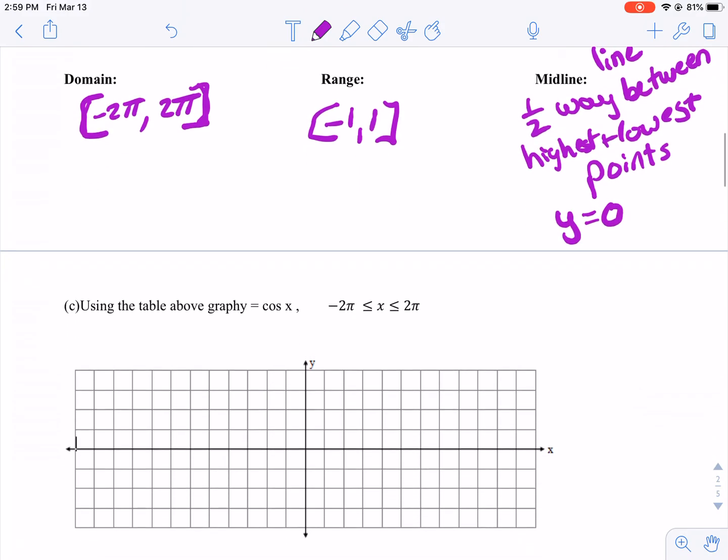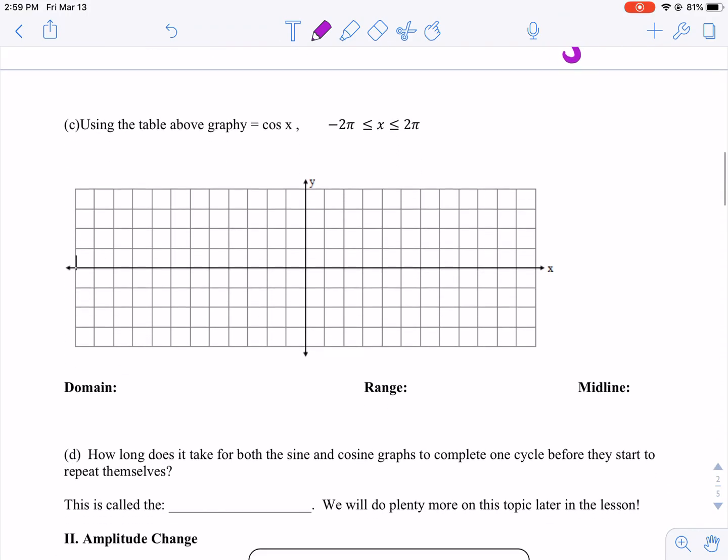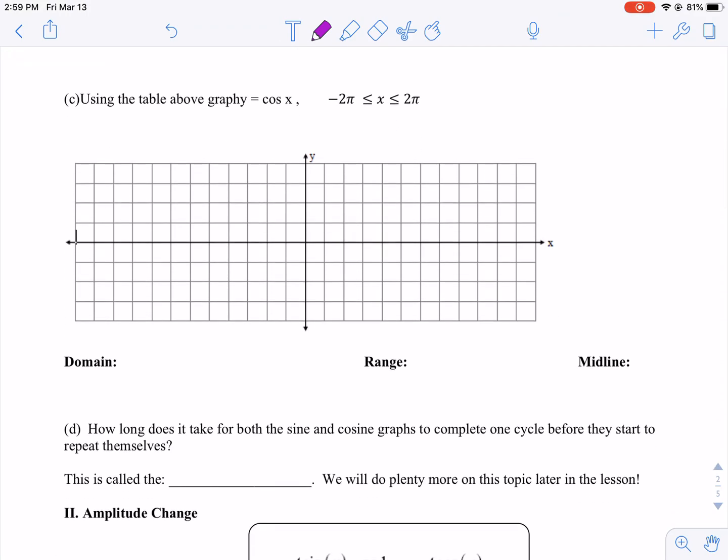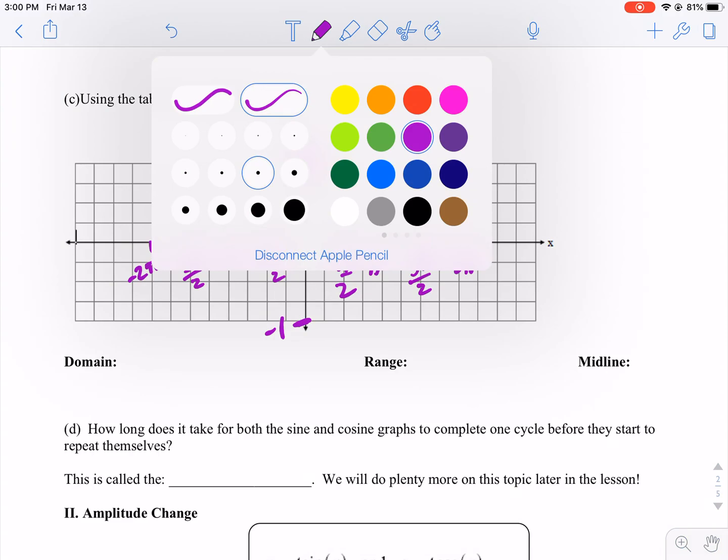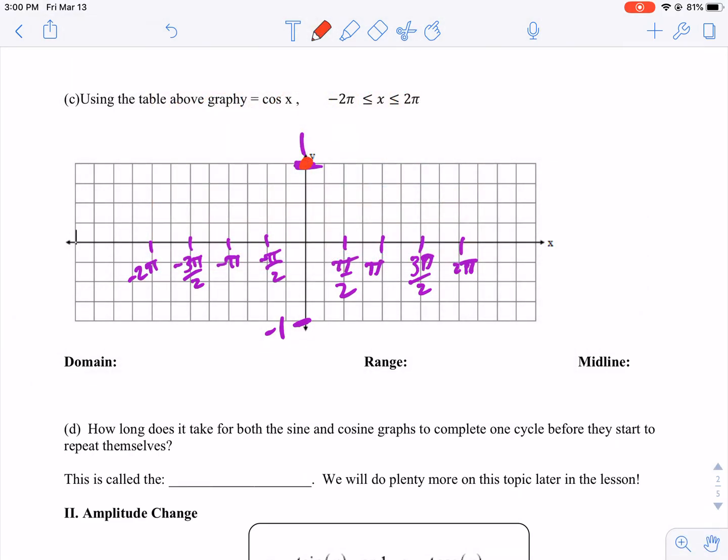All right, so we're going to use the table above again, and we are going to graph the cosine. So again, I have to label pi halves, pi, 3 pi halves, 2 pi, negative pi halves, negative pi, negative 3 pi halves, negative 2 pi, and again I'm going to do 1 and 1. So this is 1, and this is -1. All right, cosine of 0 starts at 1, pi halves is 0, then we go -1, 0, back up to 1,